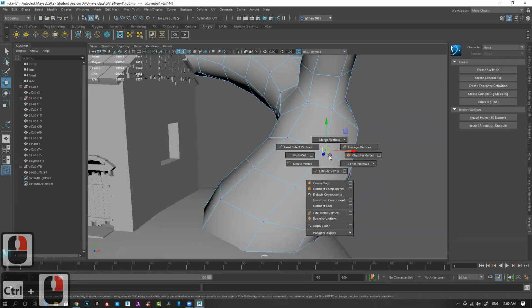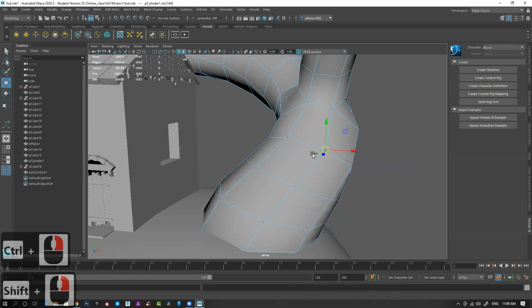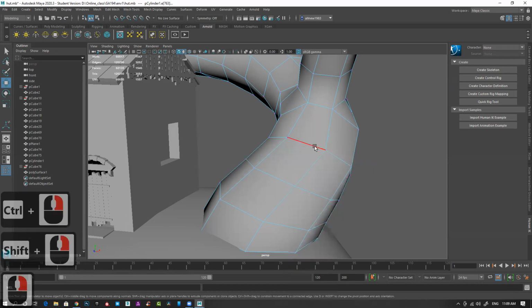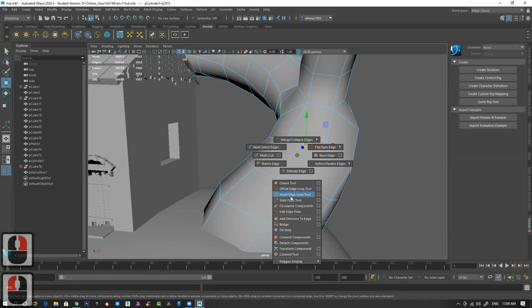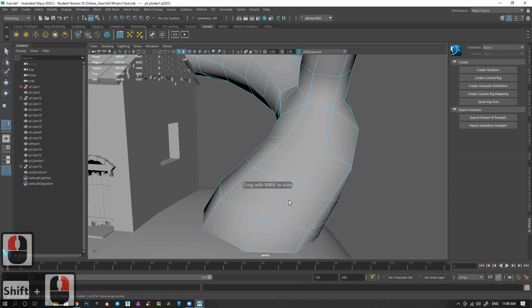Chamfer, average vertex, merge, connect, the vertex normal. Okay, so it has a slide tool option, but it's only available in edge mode.